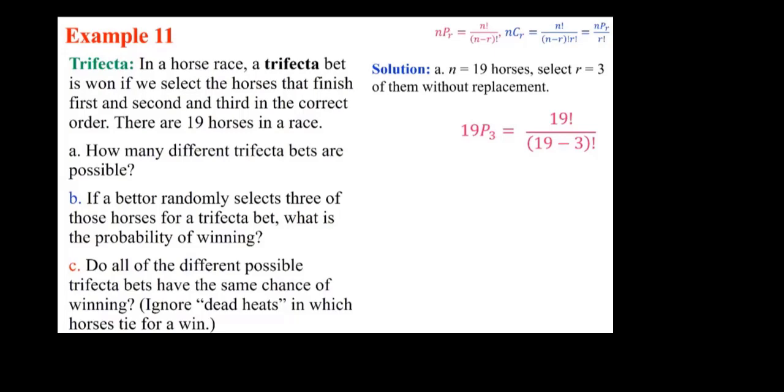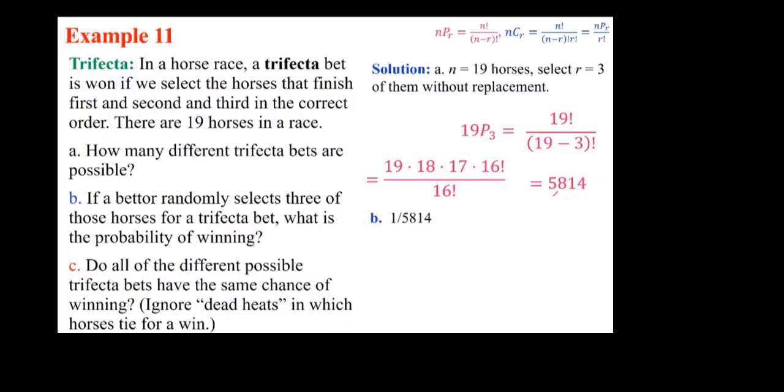The denominator is 16 factorial, and for the top we can write 19 times 18 times 17 times 16 factorial. You end up with 5,814. The next one says, what is the probability of winning? There is only one way. There is only one way we can win, 1 out of